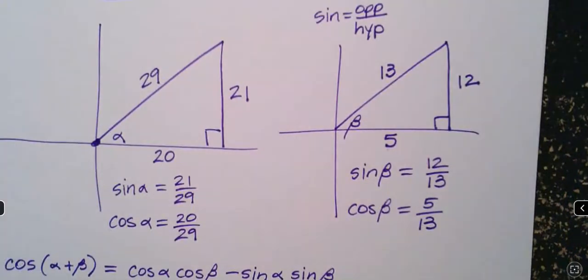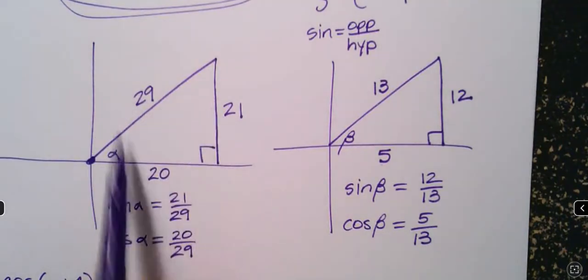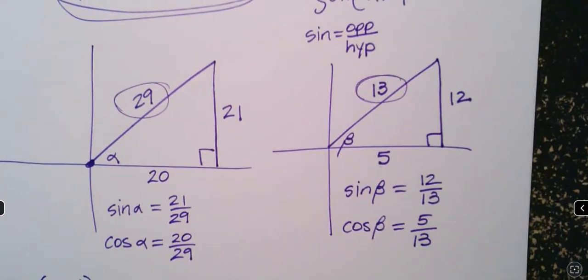One more thing I wanted to point out to you. Whenever you are drawing a triangle like this, it did not come into play in this particular problem, because in this particular problem, they gave me sine and cosine values. Everything happened in the first quadrant. Everything was positive. If you are in any of the other quadrants, something could be negative. But when you're putting things on here, when you're filling in sides of your triangle, the hypotenuse, always make it positive. Always. So for instance, if they told me that I was going to draw a triangle in the second quadrant,